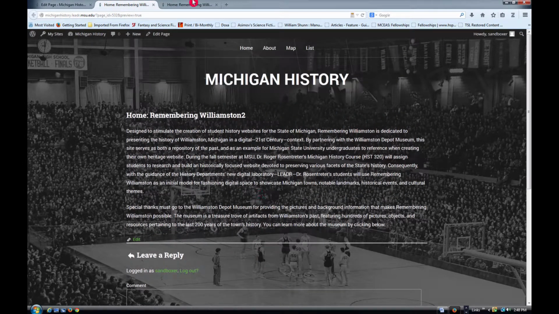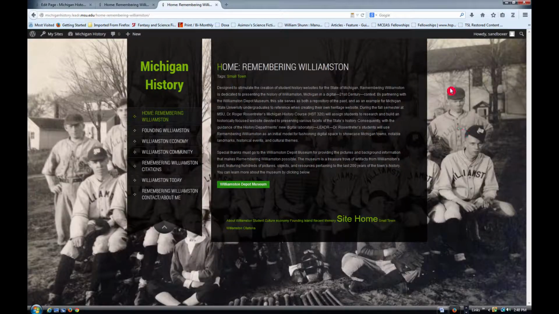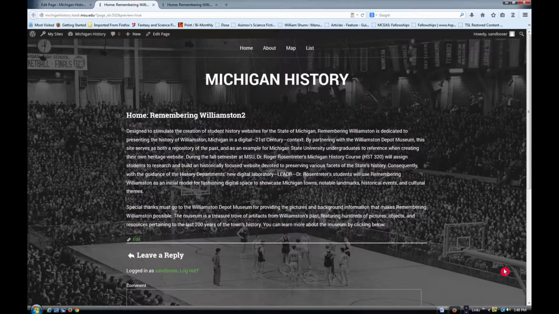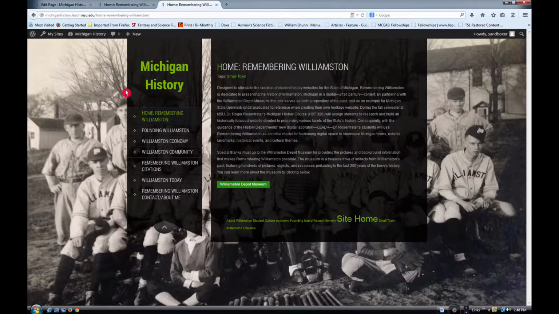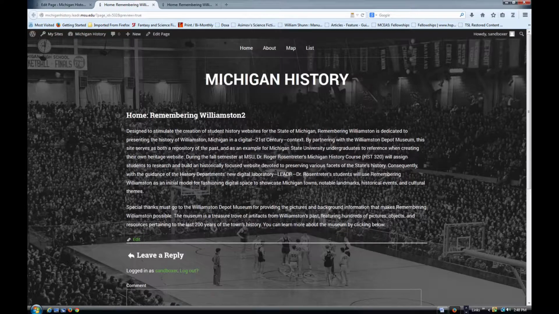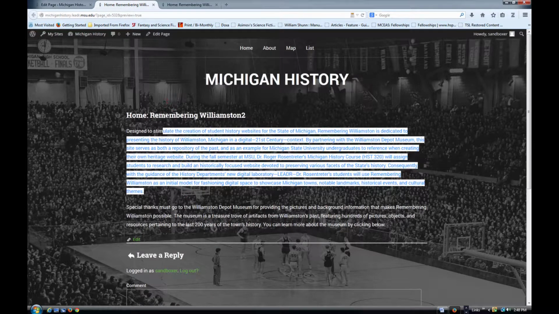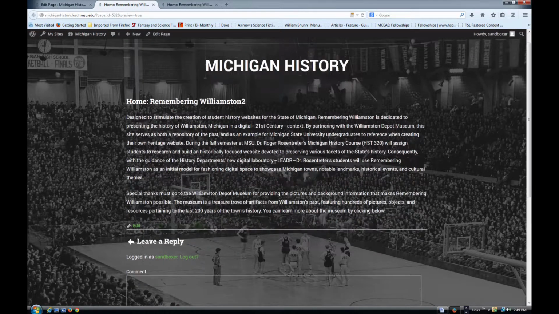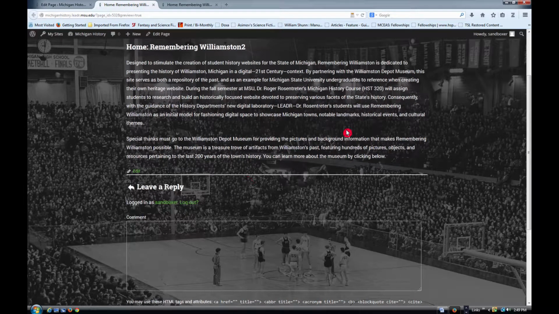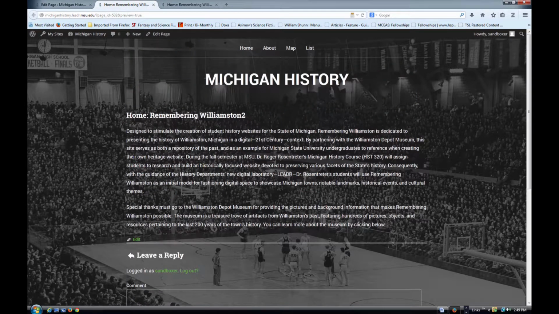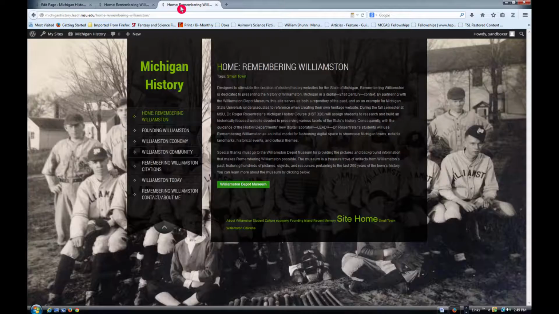Now, I'm going to show you how to get a little bit farther along with this. As you noticed here, we don't have the background that we did for this one, even though we set the featured image, but we do have this stuff, and we do have this. Now, part of the reason that this looks different, and it's going to always look different when you first create a page, is because the way WordPress works is it uses what's called themes